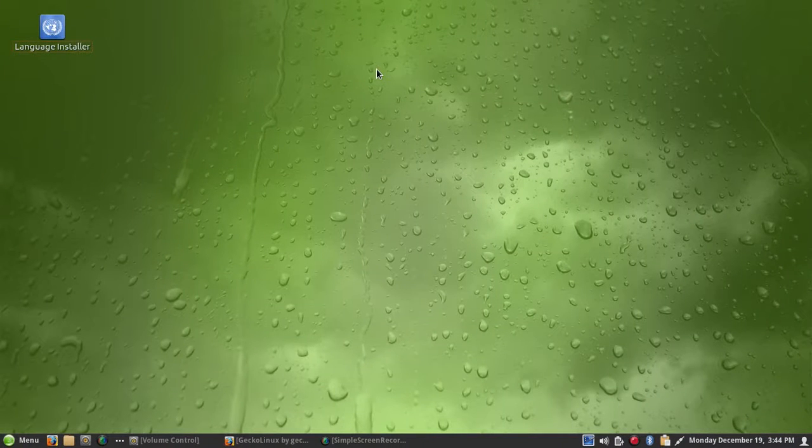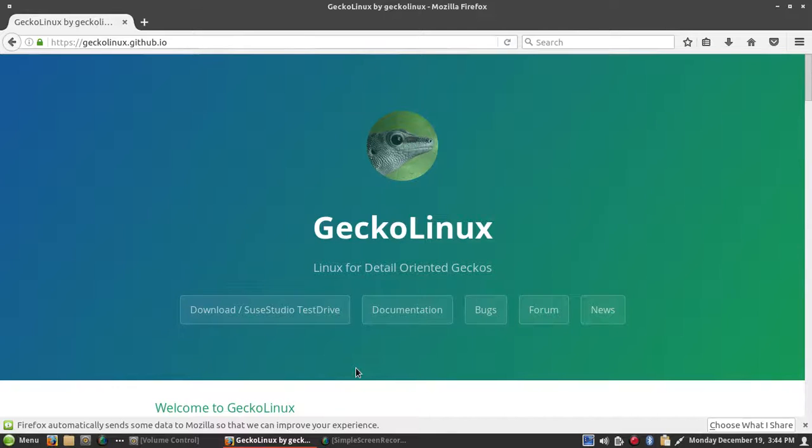This is GeckoLinux 422.16.12.13.0 with the Cinnamon desktop. You can find out all about GeckoLinux by going to their GitHub page. Basically, GeckoLinux is a derivative of openSUSE Leap